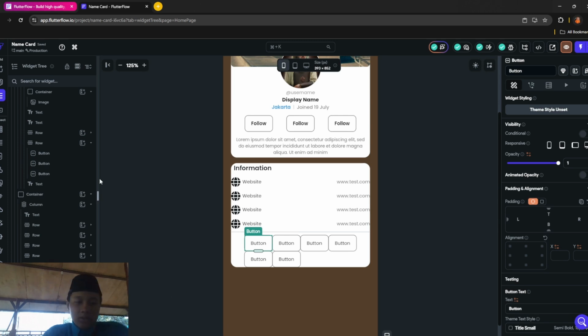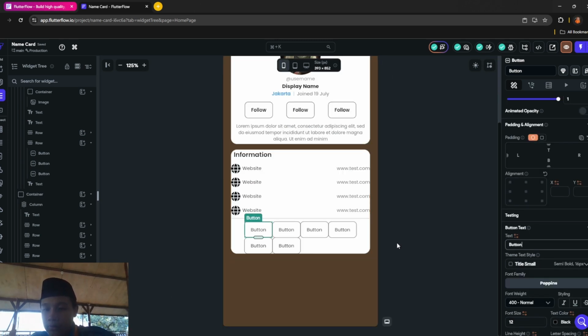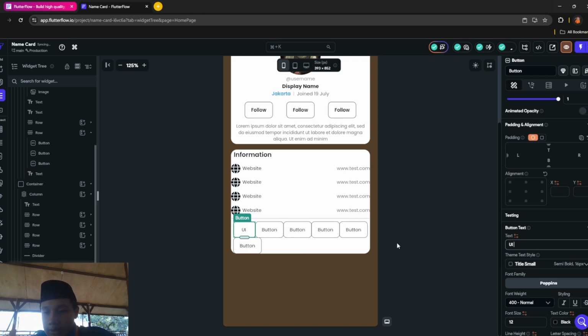Then change the button text to whatever you like. You are designer, then normal. Just fill it with developer, and then a CEO, then button.